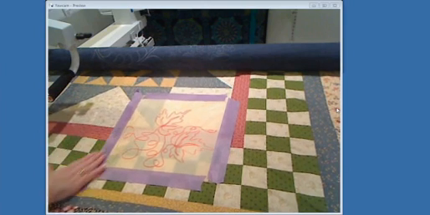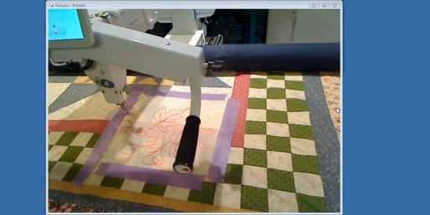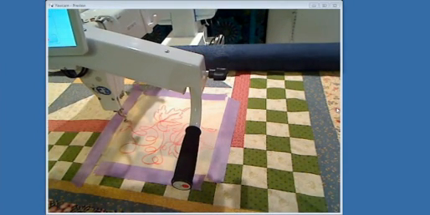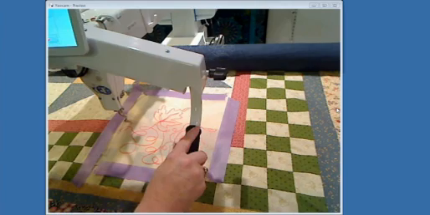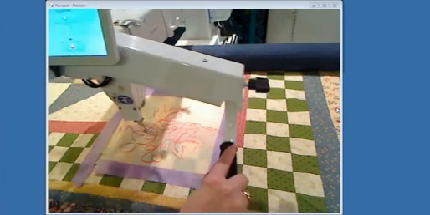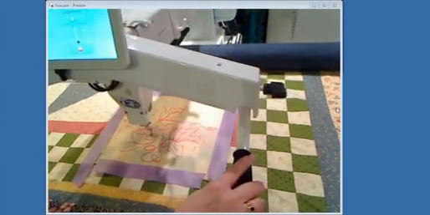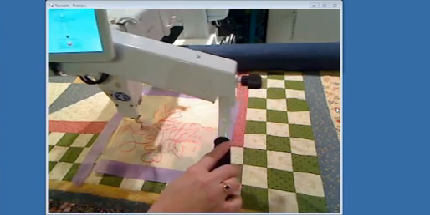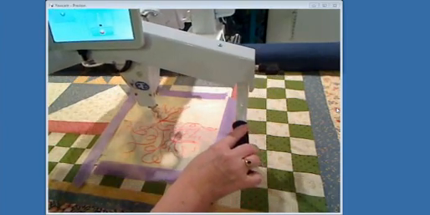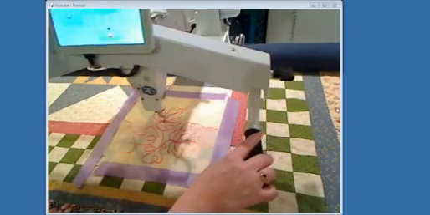Now it's secure. Then I'm going to take the sewing machine and line it up to where it is. I have not gone into record mode or anything like that. All I'm going to do is move the machine to practice the movement. That's all I'm doing. I always practice the movement before I begin, because I want to train my brain